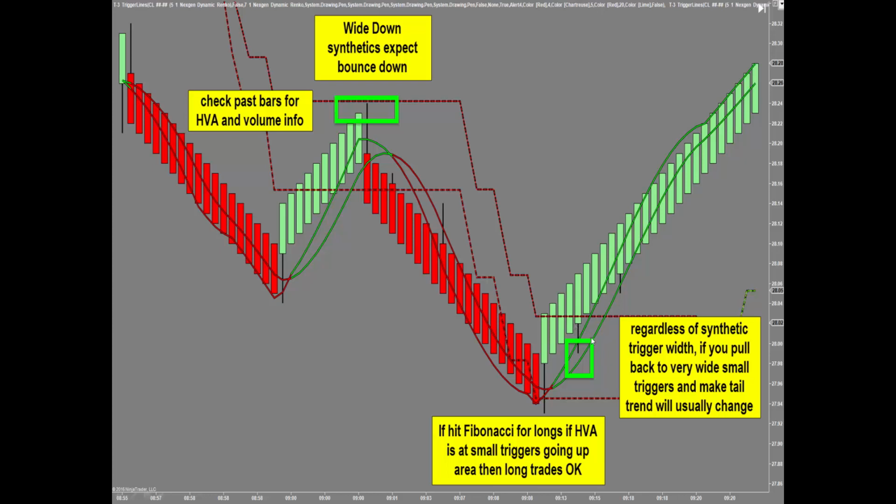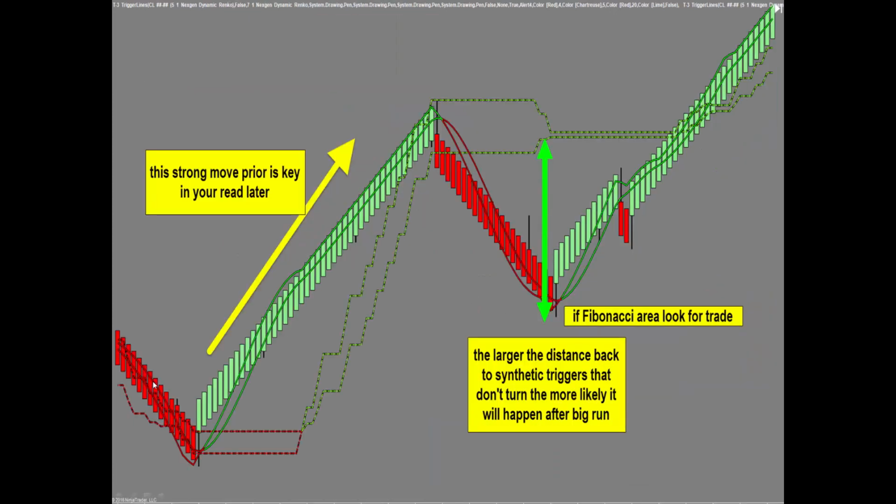Now I want you to also see this. Remember the talk of small triggers crossing strong to the upside? If we've got a high volume area breakout to the upside and support, this is going to be a look that you can still take a long trade from, especially from Fibonacci support. So again, small triggers very wide to the upside, the probability from a high volume area is that the market's going to go up. And again, another example of